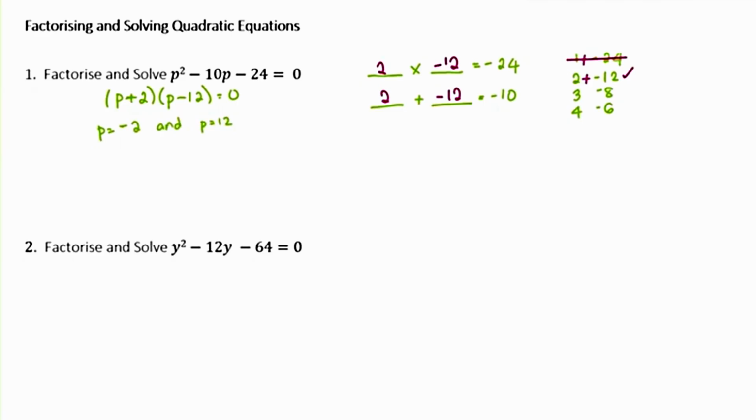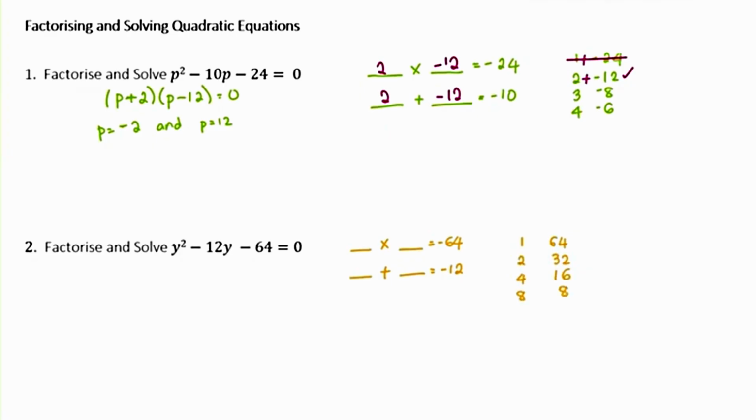For number 2, we have to factorize and solve y squared minus 12y minus 64 is equal to 0. So we're looking for two numbers that multiply to give us minus 64, and the same two numbers need to add to give us minus 12. So we're looking at the factors of 64, which are 1 and 64, 2 and 32, 4, 16,